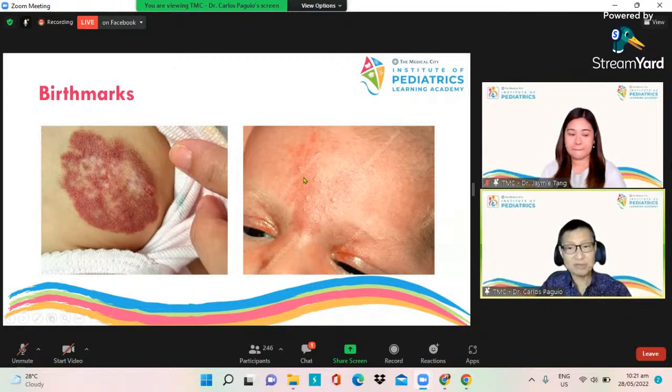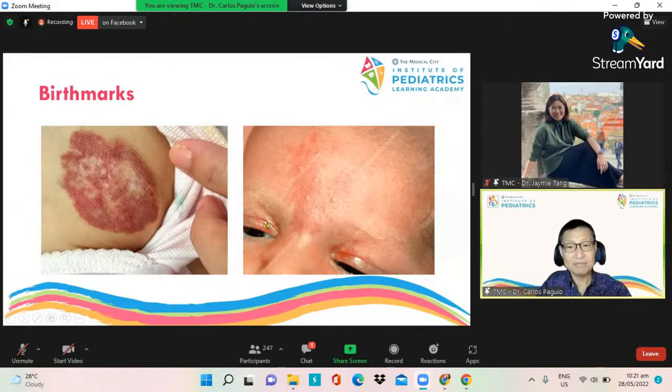In comparison, ito po ang tinatawag nating angel's kiss. Kita nyo, it's milder, but it's certainly very red. Meron din po siya medyo sa mata. Nakikita nyo, ayan, sa mata. Meron din po yan sa nape, sa batok. In the nape, we call it the stork bite. Yan po yung mga balat na mga of no concern also. Their vascular markings, they will go away after a few months. Mas matagal po mawala yung balat sa nape po.